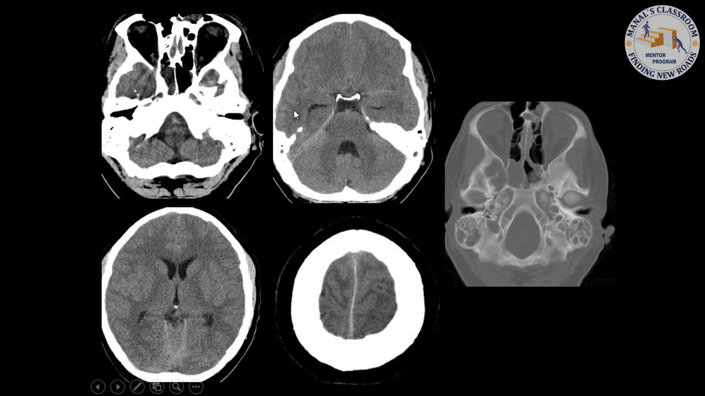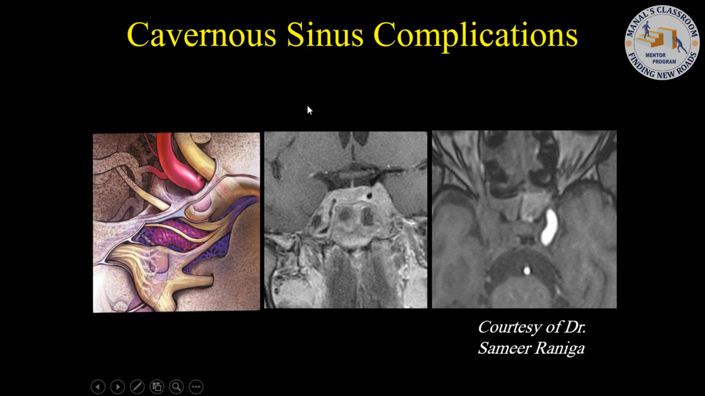And if the patients do have fever, if they do have some type of symptoms, have a very high suspicion that there could be something else going on, and don't hesitate to try to do follow-up imaging. And this is just an example of disease that can extend into the cavernous sinus in a patient with acute